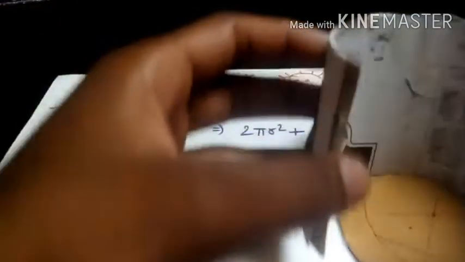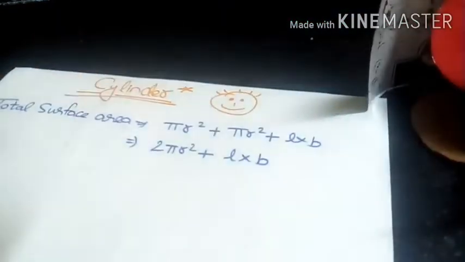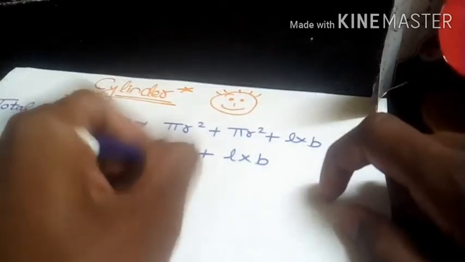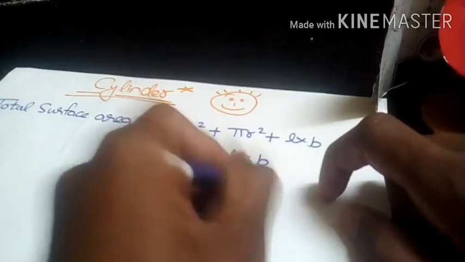So now we have to substitute the value. So what is the value of L here? This is L. Okay, so we'll close that and you will see it became the circumference of the circle, that is 2 pi r. So we'll write it 2 pi r square plus L is 2 pi r, 2 pi r.